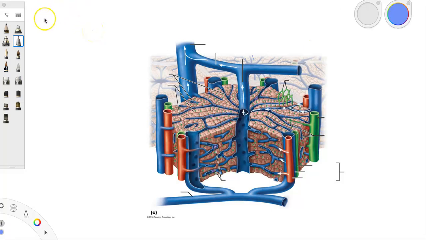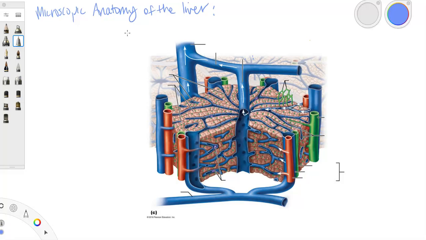All right, so we're looking at the microscopic anatomy of the liver. So we know that the liver is a large organ on the right side of the body, right under your